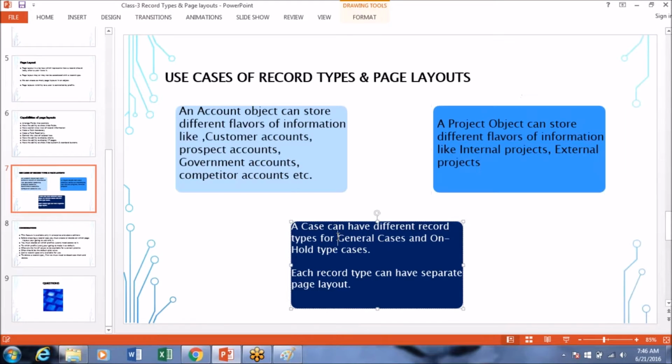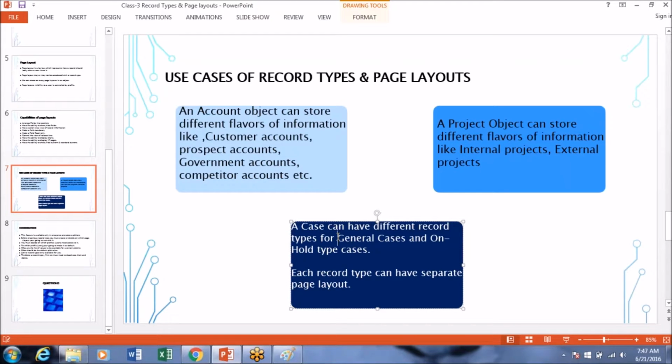Next, case. On the case object, we can have record types to store general type cases and on hold type cases. On hold type cases are, for example, when a customer sends us a case saying he is getting some problem with his laptop or washing machine.